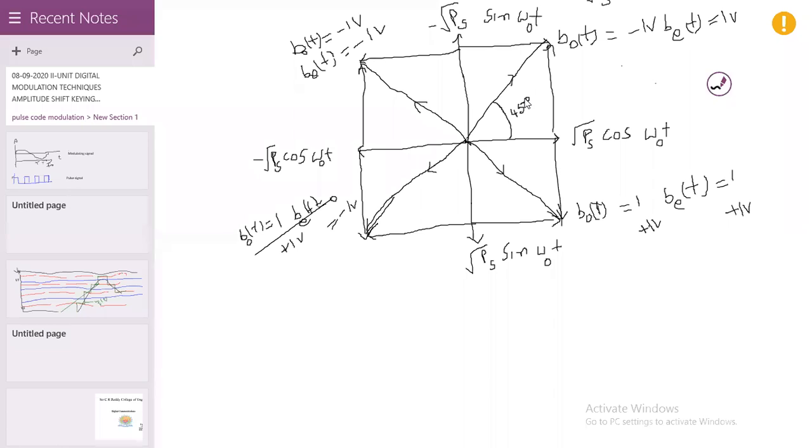And here we can observe that these two are the symbols. This is the two symbols, and the next one is these two symbols. The angle between these two is 90 degrees, adjacent, and here also 90 degrees. Here also the angle between these two is 90 degrees, and here also we can indicate that this is 90 degrees.